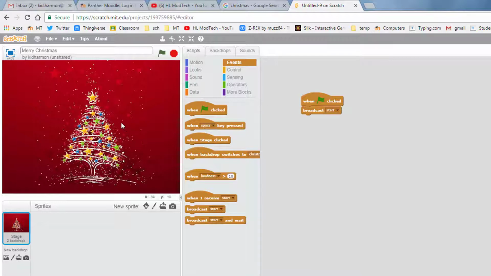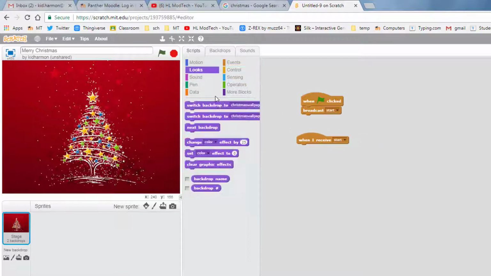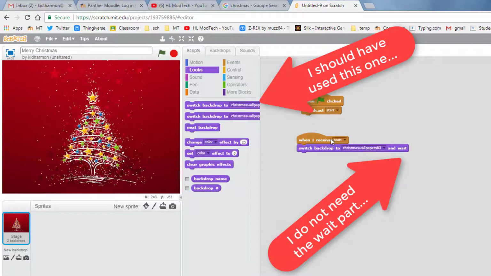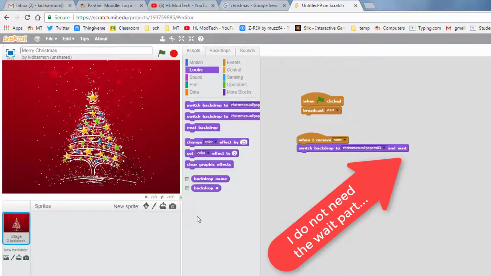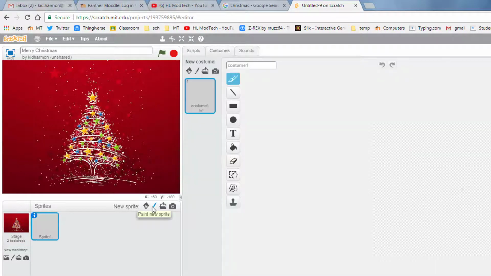And then we need to pick which one of our pieces shows up first. So I'm going to put when I receive start, I want my looks to switch to backdrop. And I want it to always be the Christmas wallpaper. I need a cool button that lets me switch pages though, so let's draw that using our Paint a New